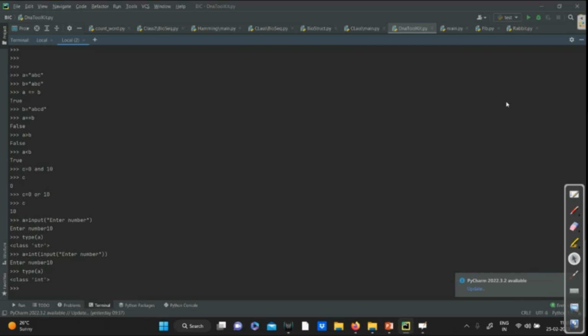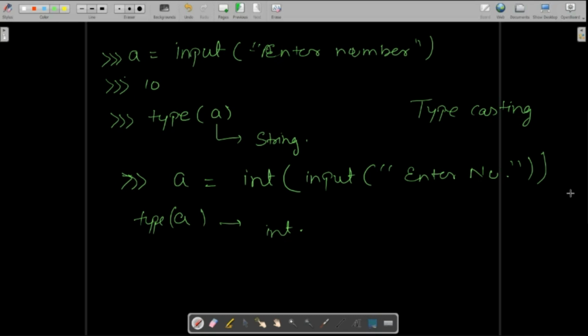Yes, sir. Now, in order to convert to integer, I am using the int function. Similarly, in order to convert that into float, I can use the float function. In order to convert that into bool, I can use the bool function. This function I can use for the conversion. But the thing is that,